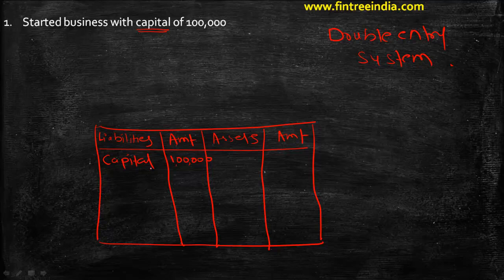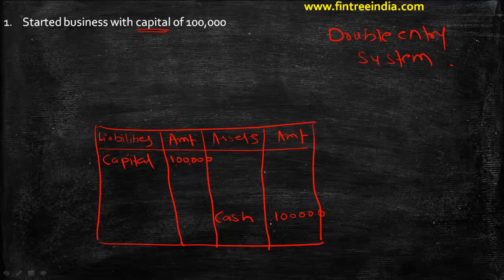So what does it really mean? It means that if I have to think from the perspective of business, when it received this 100,000 from the owner, it incurred a liability because it needs to pay back that amount to the owner, but simultaneously it also received that cash, and that cash that business has received is nothing but an asset for the business. Therefore the same transaction now I'm going to write down twice. First, capital $100,000, next cash, which is an asset for the business,